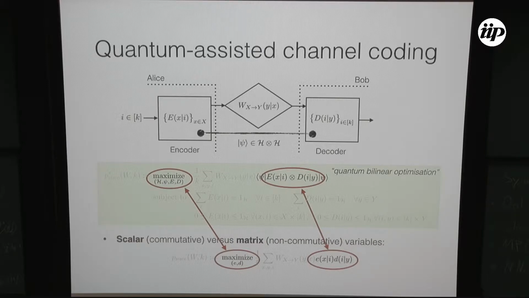Now, in general, if you want to compute this classical success probability exactly, it's a bilinear optimization, so it's in general NP-hard. But in the quantum case, it becomes even worse because we have this, at least a priori, unbounded optimization. There is no dimension upper bound on the Hilbert space H. That means that in general, we cannot even say if this quantum optimal success probability is computable. So I guess the setting makes sense so far.